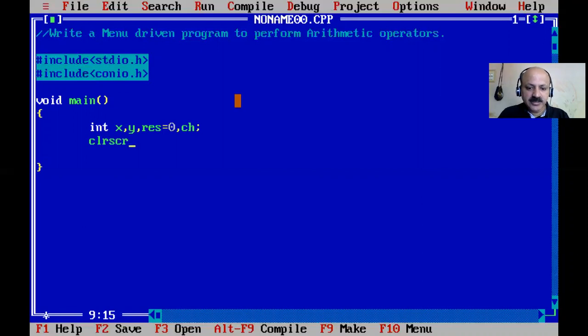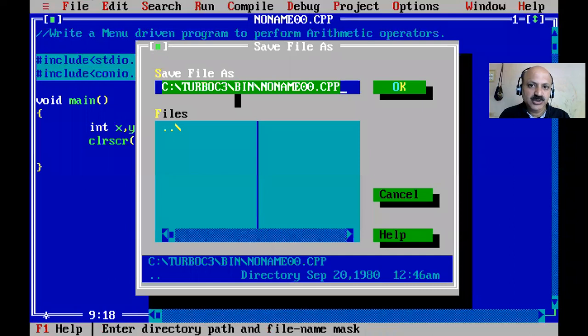Then clear screen. If you write only 2 or 3 lines in your code, then first save your file. Otherwise, if power is gone, your file is not saved. So I just press F2, that is the shortcut key, and give the name like menu underscore ARI, arithmetic operation dot C. So you can follow the rules of a variable.